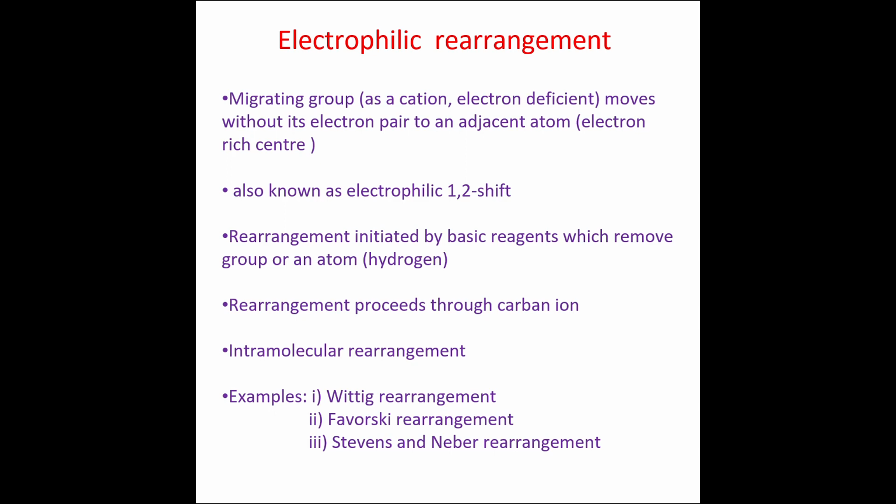Here also the migration takes place from one carbon to an adjacent atom, so this is also called a 1,2 shift or intramolecular rearrangement. Here the rearrangement is initiated by basic reagents. The basic reagents remove the atom or group from our compound, then it moves to the adjacent atom. Here the rearrangement proceeds through a carbanion. So this mechanism